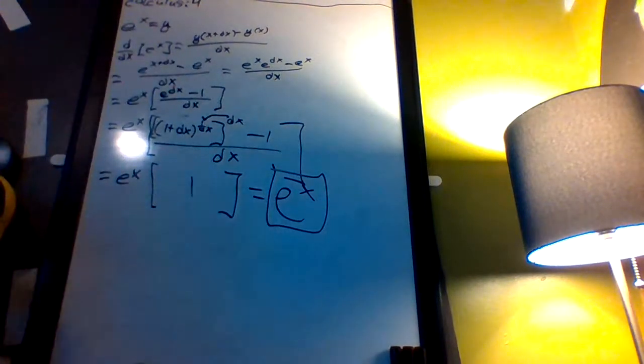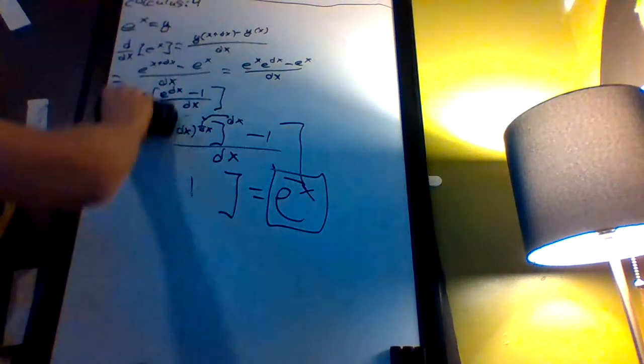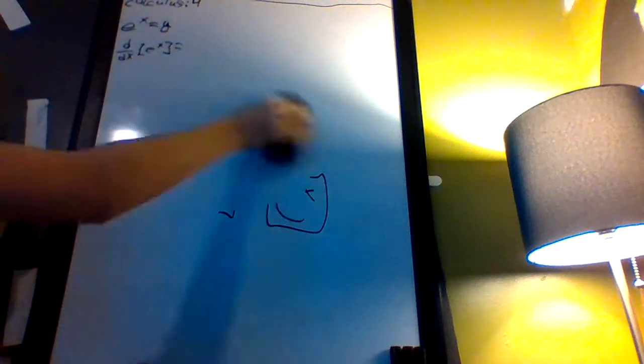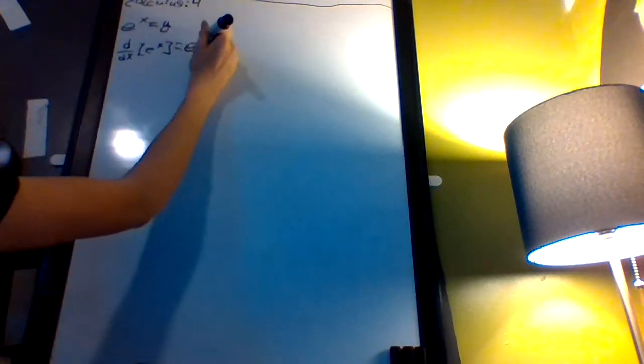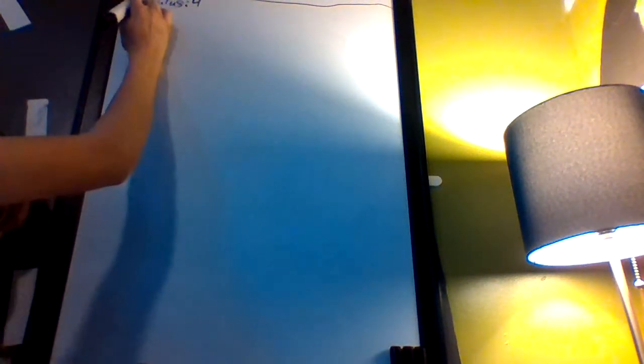So, now we have the derivative of e to the x is e to the x. What about something like 2 to the x? What's the derivative of that? Well, we have to talk about logarithms. What about them? So, we know that